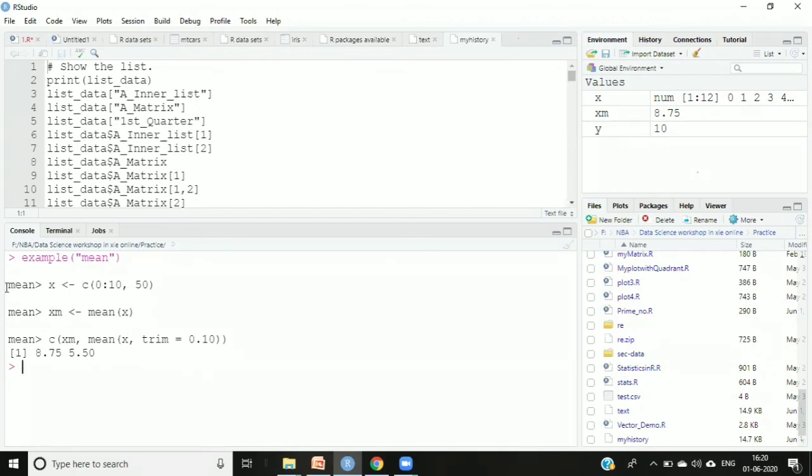Later on, I'll be showing you mean, median, and all these things. Whenever you are not understanding how to use any function, you can type the name of the function in the example command, and it will show you the usage of that function. There is no issue in that.